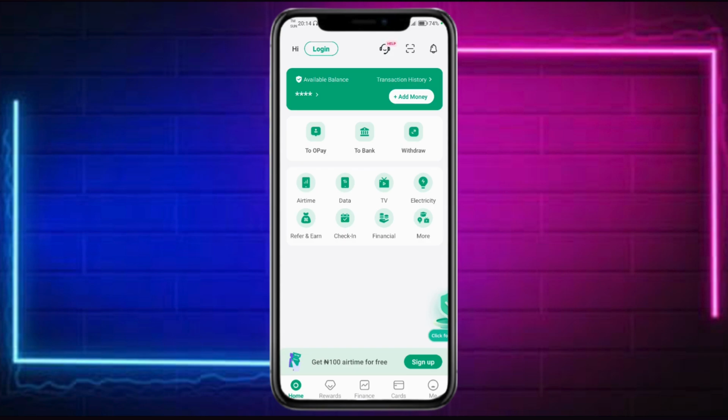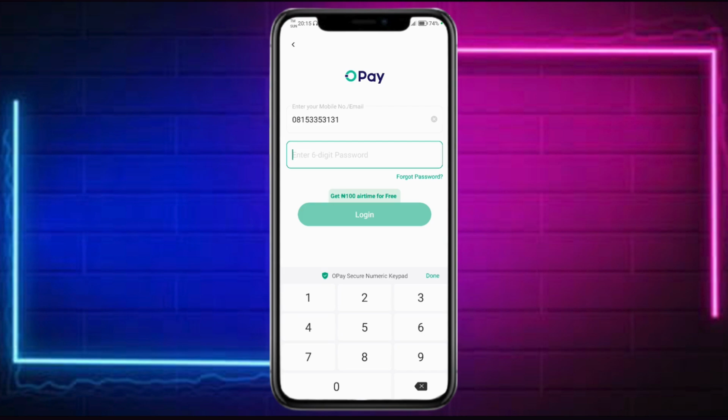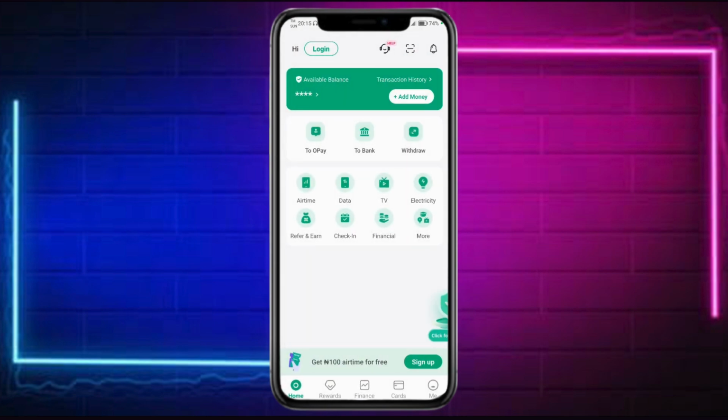So in order to change your OPay phone number, what we can do is head over first to our OPay application. Once you're in here, you can see some options. We have the help option right here. Make sure to click on that and then log in. Using that will redirect you to the in-app service center that OPay has.